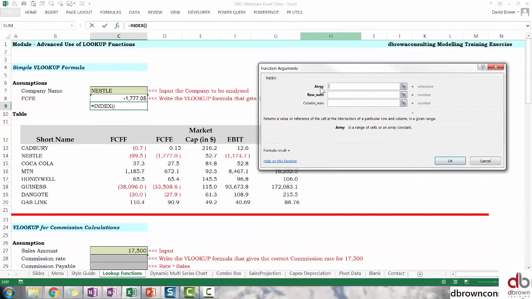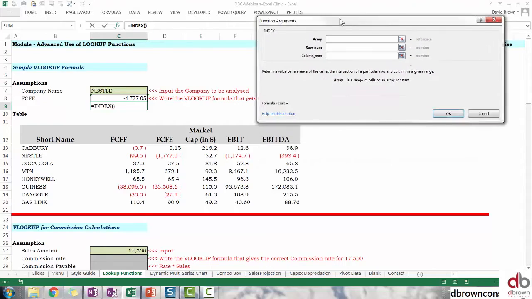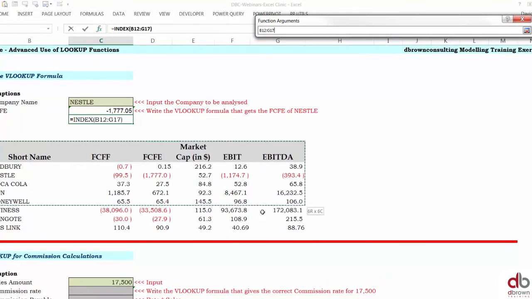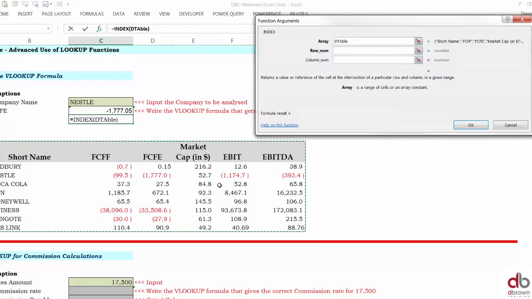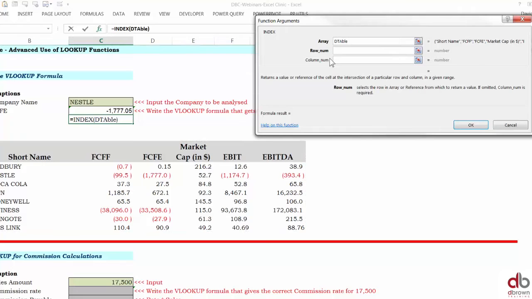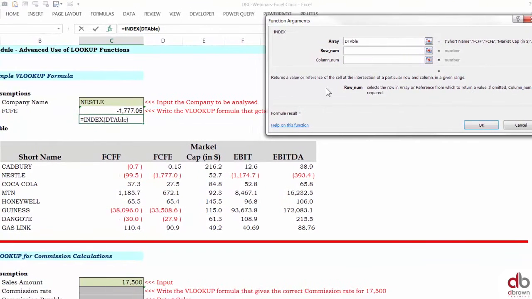So the first variation asks array, row number, column number. Array basically means the entire table we're working with, or the entire table we need to look up. That's array. So that's the table. We called it D table. Now, again, as I said, every single cell in a table has an address. It has a row number and a column number. What is the address for Nestle